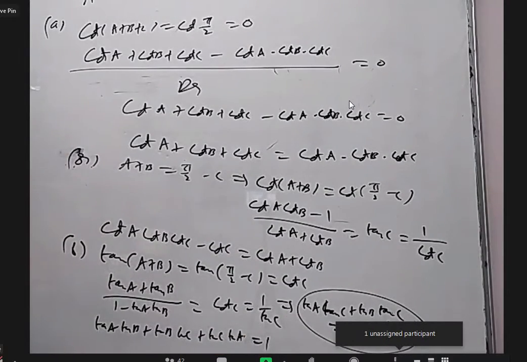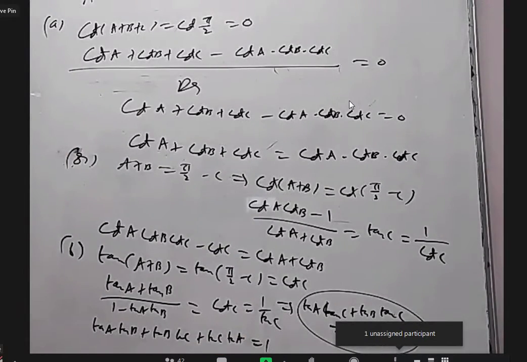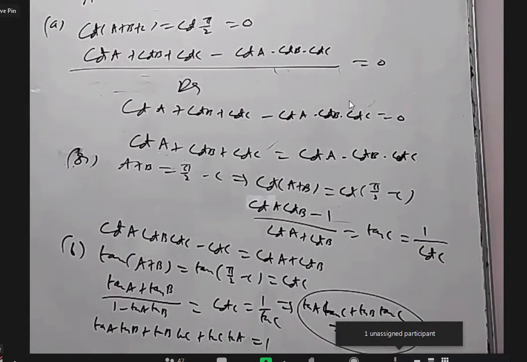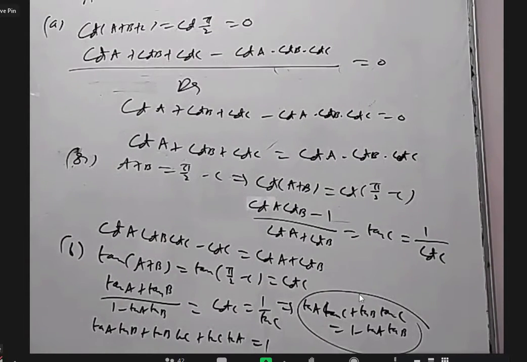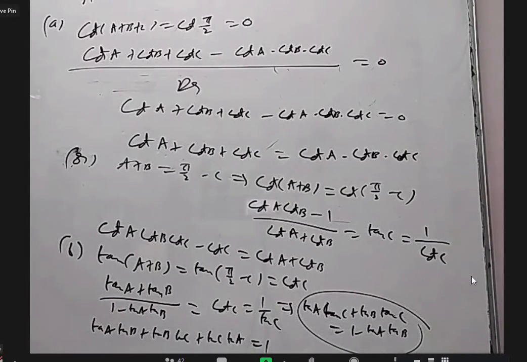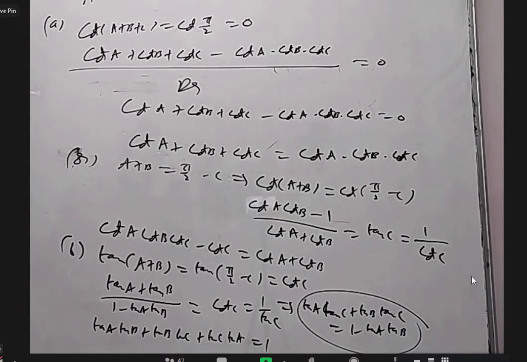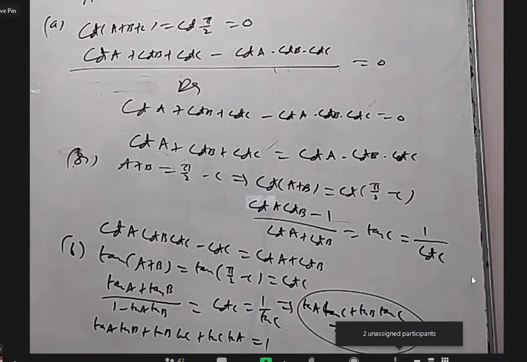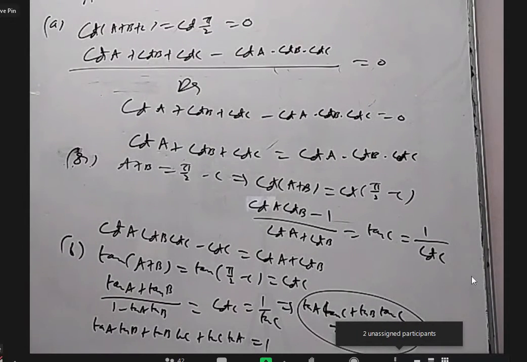But the easiest one is you take the tan (A plus B plus C) formula. The numerator is 0 when A plus B plus C is 180 degrees, and the denominator is 0 when A plus B plus C is 90 degrees. In the same way, you take the cot (A plus B plus C) formula. If A plus B plus C is 90, the numerator is 0. If A plus B plus C is 180, the denominator is 0. The results are very, very easy to see. This is for the A bit and B bit. Is that okay?